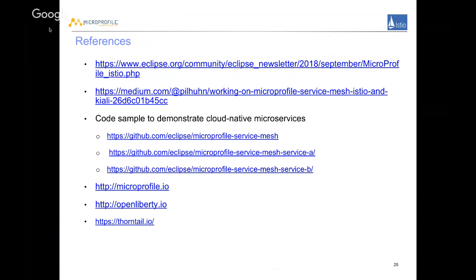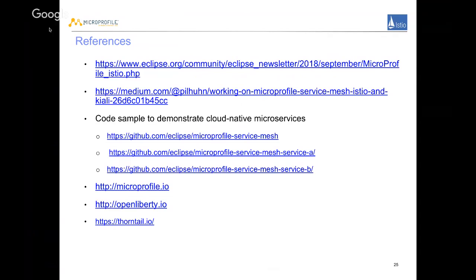Hopefully this article will give you some more explanation about what we have covered in this session. And the second one is Heiko's, Heiko briefly showed this article as well. It's about Kiali and the service mesh, all this configuration and so on.